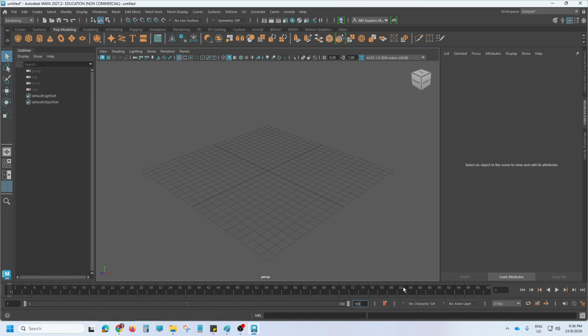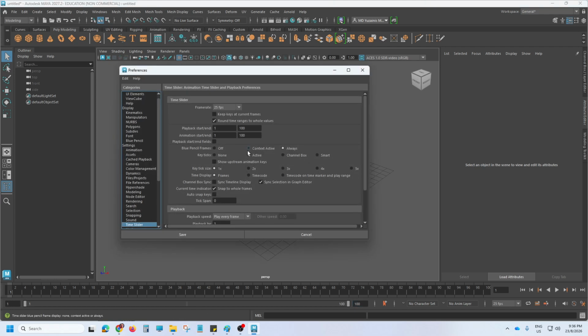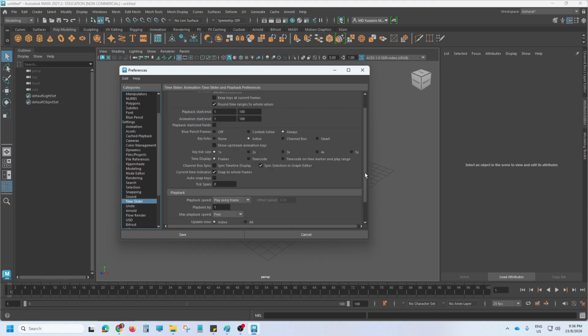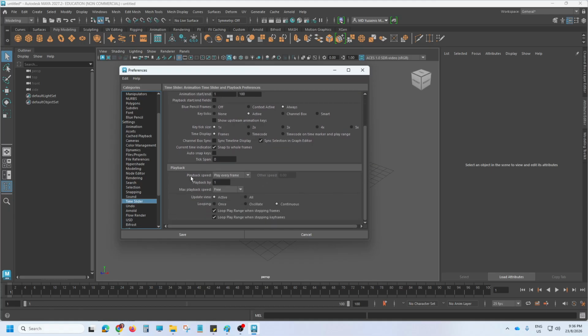Because you need to go to the time configuration over here. Just go to the time slider. Okay, and here in the time slider you see we already set to 25. But let's look at the playback speed. See, the playback is actually stated as play every frame. So that's not really playing in real time speed that we have set. So we have to change this to